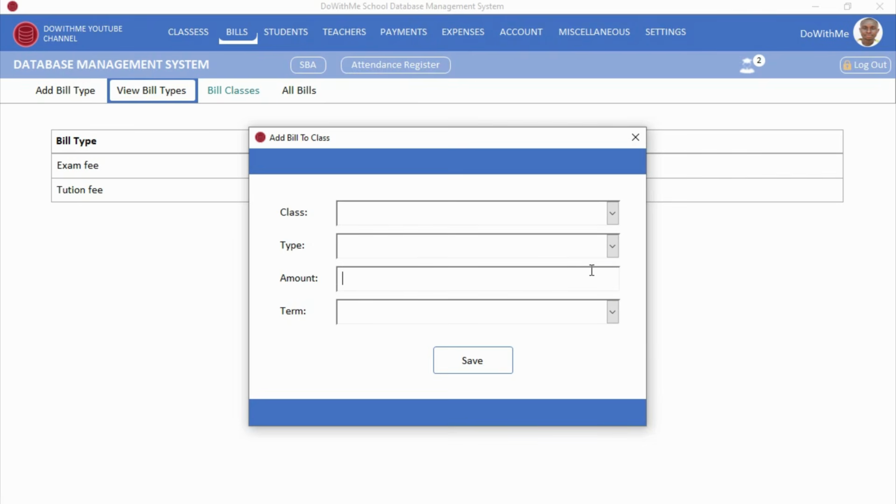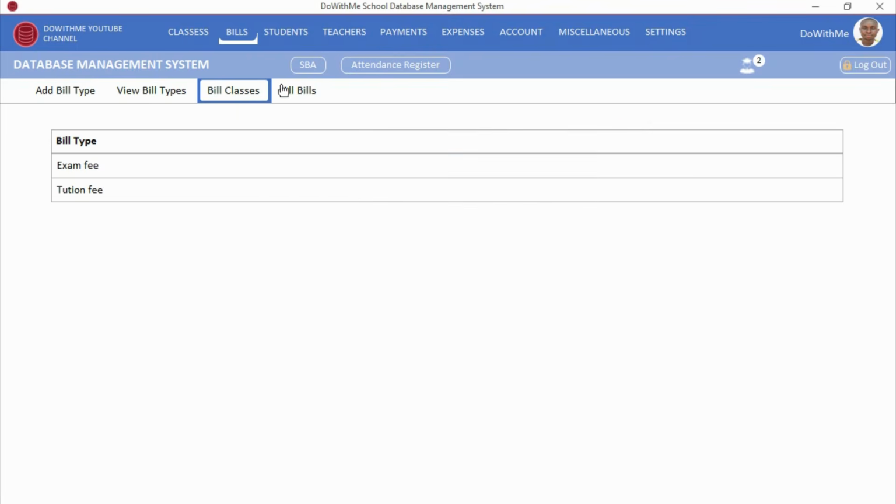So here you add the amount, then you select the term. For what term? When you are done, you save it. So when you are done with billing all the classes, then you come